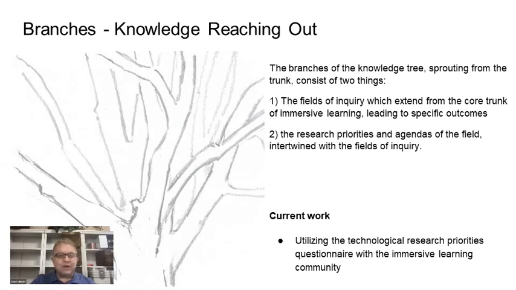The academic fields of inquiry include areas such as ed tech, computer science, game design, learning sciences, psychology, biomedical sciences, narrative studies, arts, design, media studies, communication sciences, as well as the thousands of other disciplinary and occupational content areas where immersive learning and training may be relevant. The sprouting occurs from the trunk of scoping and systematic literature reviews, expert input, evidence repository, and community of research.